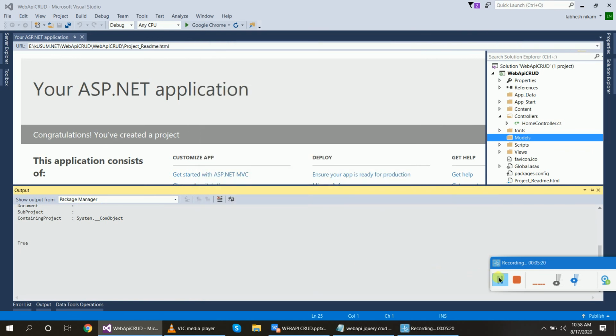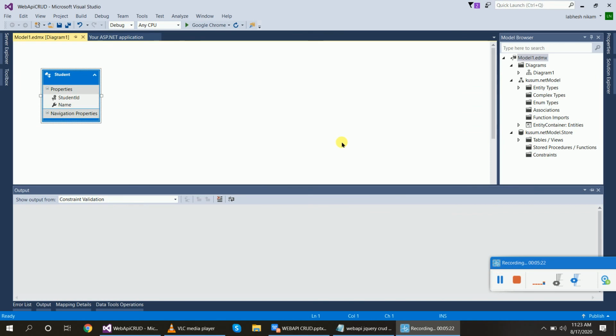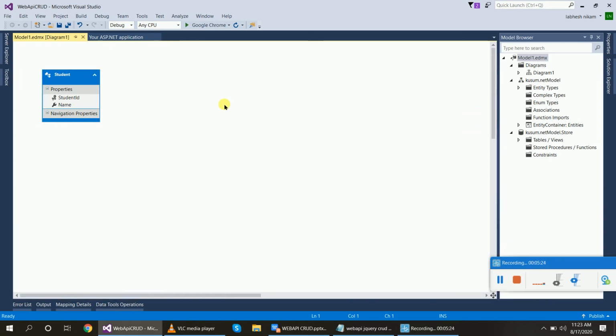Our model is created now, and now we will save it. When we save this model, it creates POCO classes.